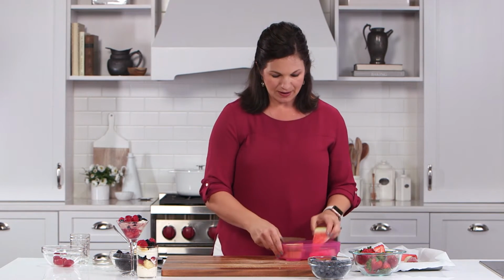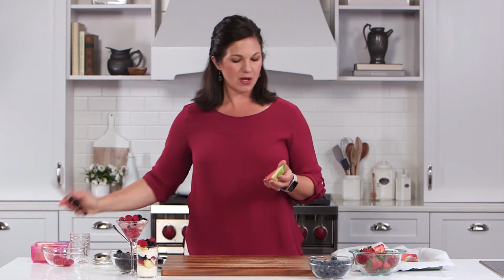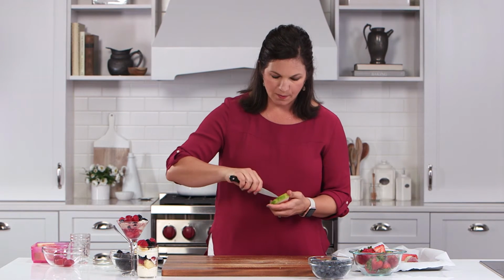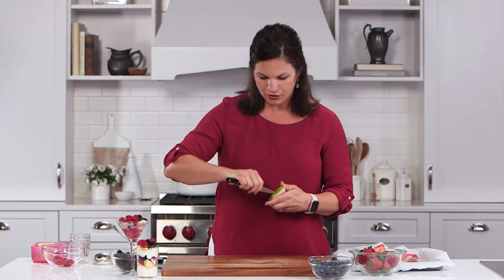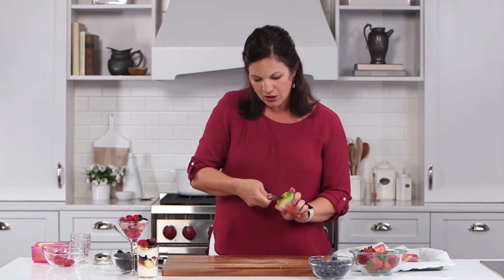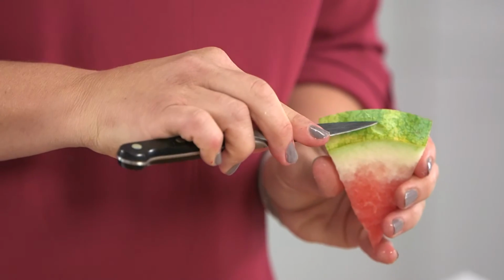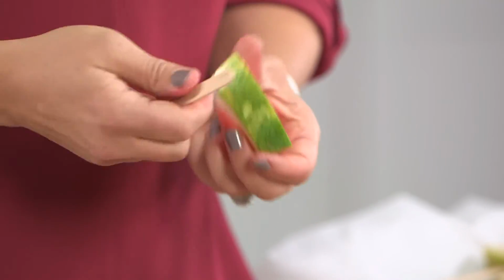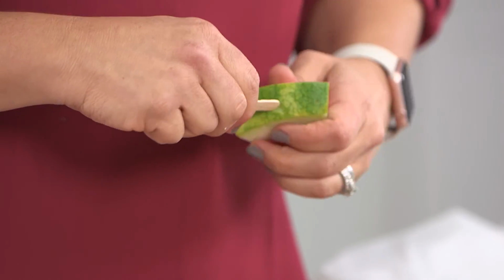Such a fun and simple trick. So just take your knife, and just make a little hole in the bottom of your watermelon. Again, watch your fingers, but just right in the center, cut that tough part of the rind off right there. And then take a craft stick, popsicle stick, whatever you'd like to call it, and just stick that